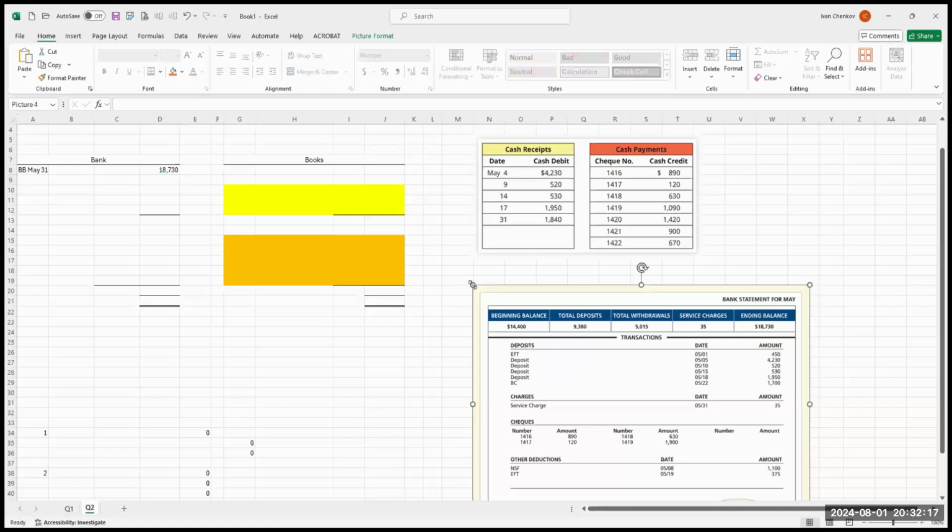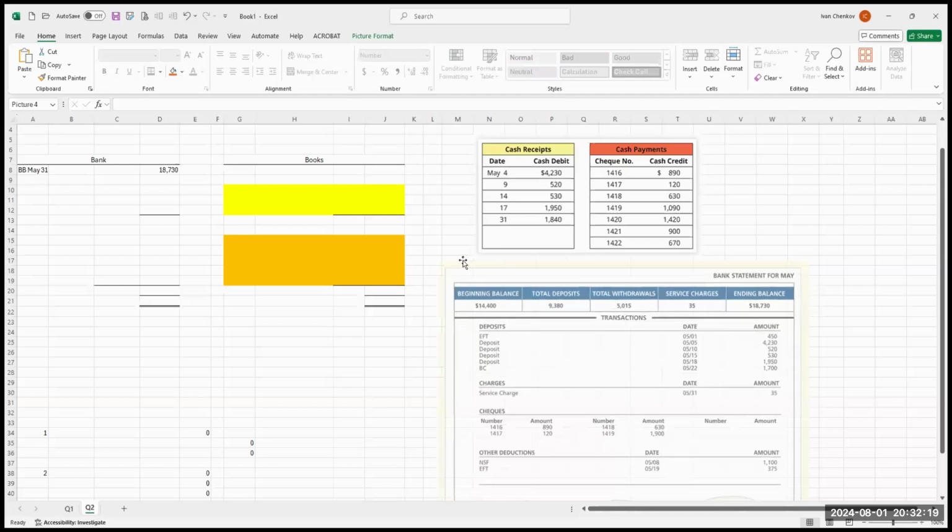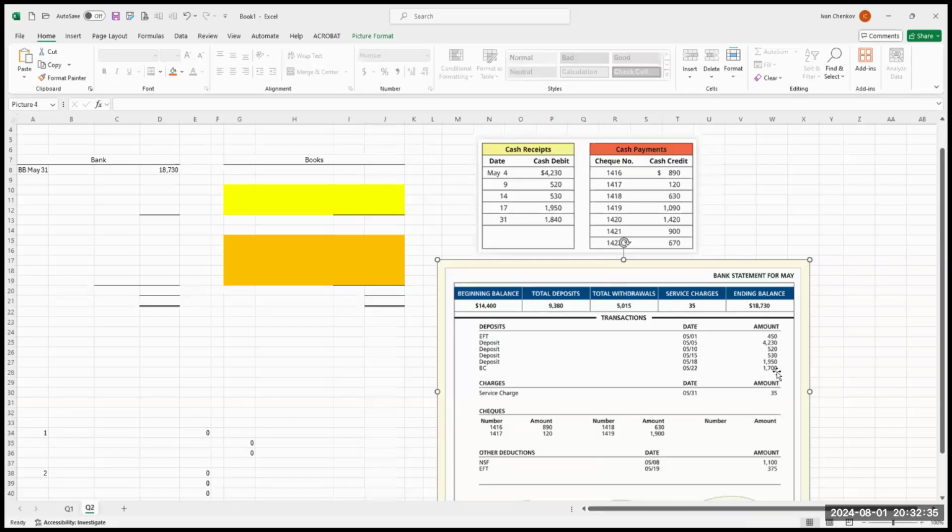Was that deposit in the bank? Yes, it was. Next deposit of $530. Was it deposited in the bank? Yes, it was. Next deposit on May 17 is for $1,950. Was the deposit in the bank? Yes, it was. And the last deposit on May 31st,